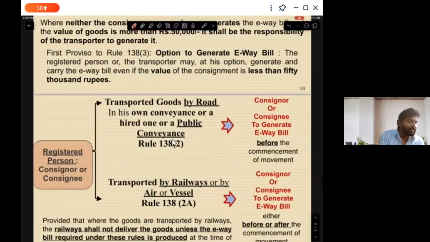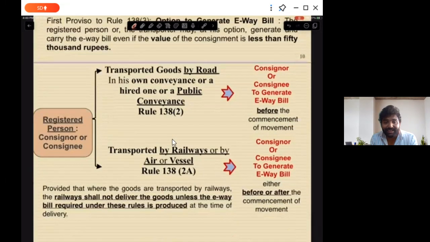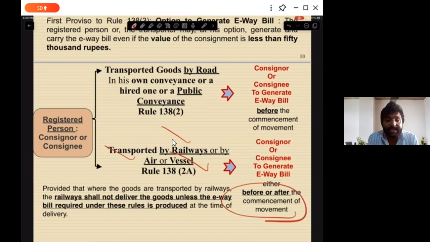Very nice. Now, next is हमने अभी पढ़ा था कि अगर कोई पर्सन ई-वे बिल बना रहा है तो उसे मूवमेंट स्टार्ट करने से पहले बनाना पड़ेगा, क्योंकि ट्रक को साथ में कैरी करना पड़ेगा। पर अगर आप रेलवे और एयर और वेसल से जा रहे हो ना, तो ई-वे बिल कमेंसमेंट के बाद भी बन सकता है, because they don't need to carry the e-way bill with them. ट्रक वाले को ई-वे बिल अपने साथ कैरी करना पड़ता है, पर रेलवे और एयर और वेसल वालों को अपने साथ ई-वे बिल कैरी नहीं करना पड़ता। उसका रीजन है क्योंकि उनको रास्ते में रोक के कहीं पे चेक नहीं किया जा सकता है।